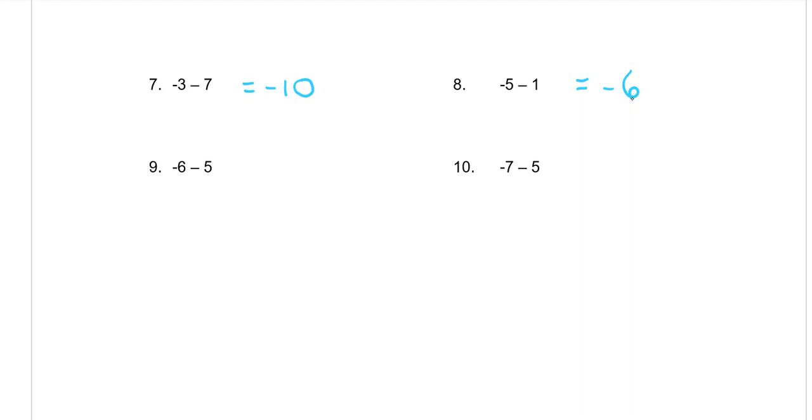And finally, the last one, except for my pen won't let me write it. Yes, that worked. And the last one, 7 and 5 make 12, so it'll be a negative 12. So it is faster, but you don't want to confuse the two different things. So that means your next thing